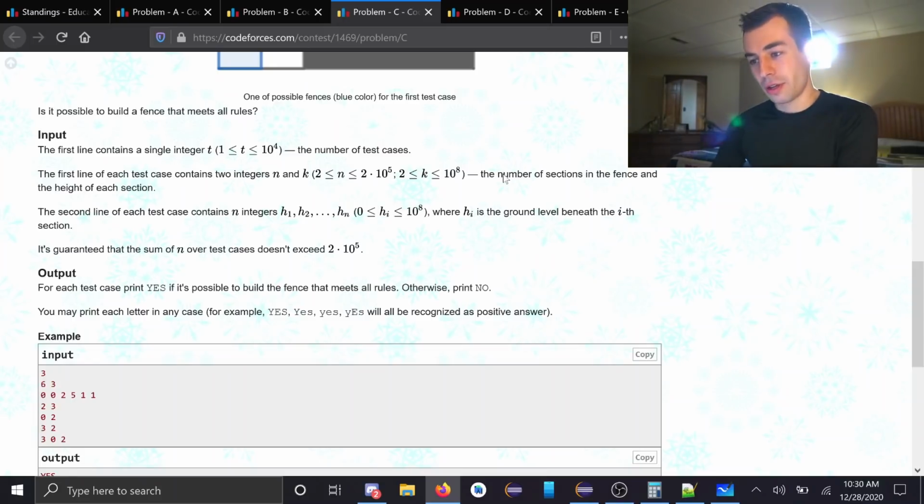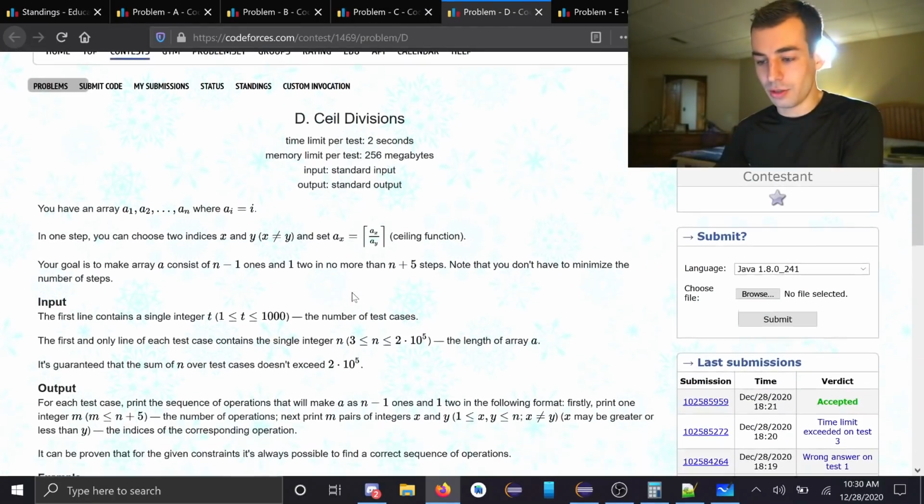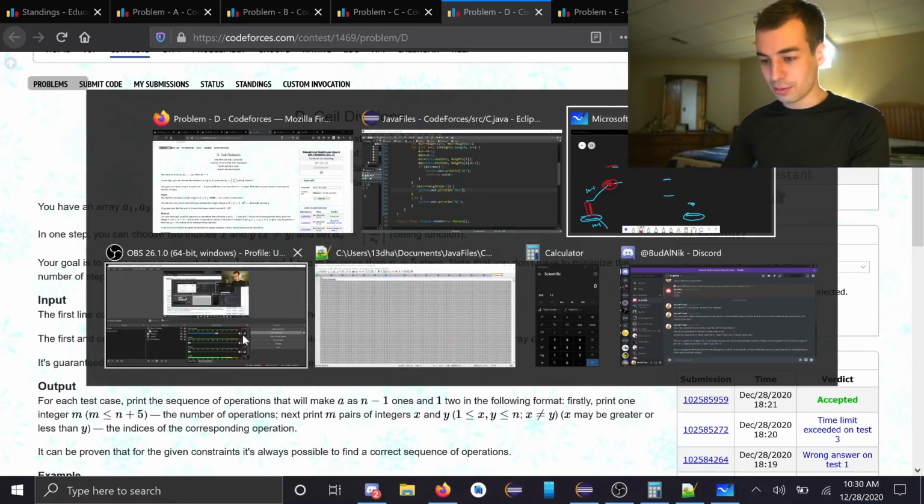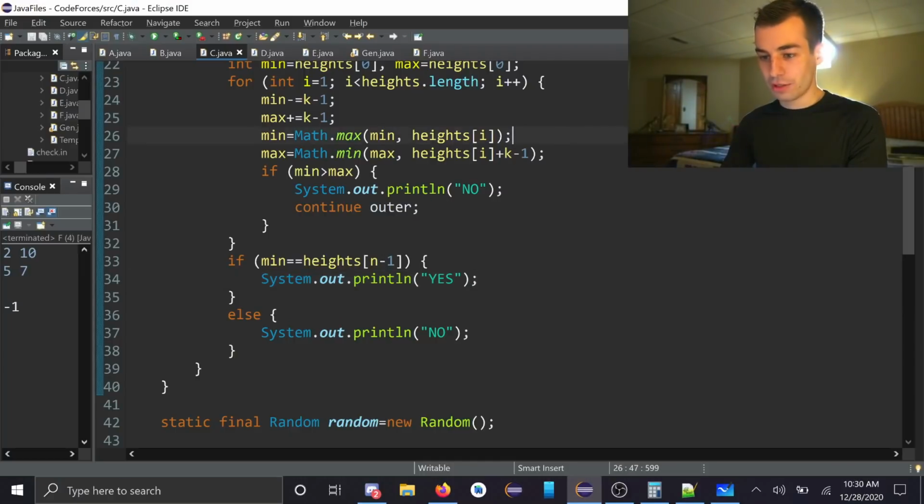Okay, that's problem C. That took longer than I would have liked it to explain. That's fine. Problem D I think should actually be pretty easy to explain because the solution's pretty clean. But basically, here's the first observation, which is if we go to my code,